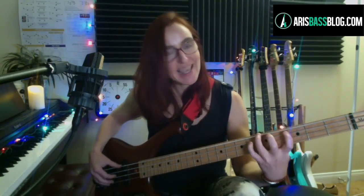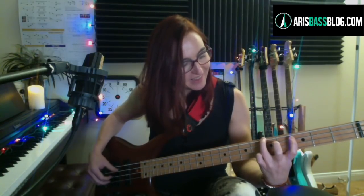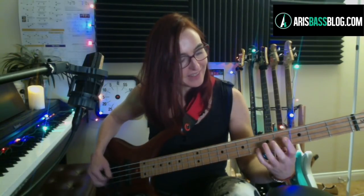What makes this section a little bit tricky is that I want to get this A, which is the harmony, in there, and then let it ring at least for the first note of the melody here. And then